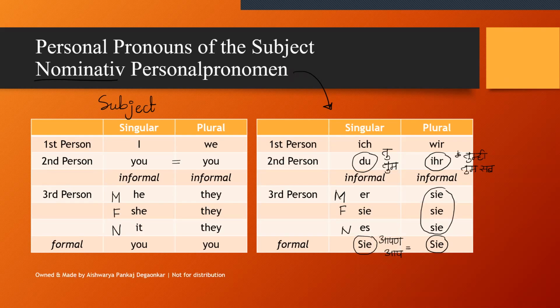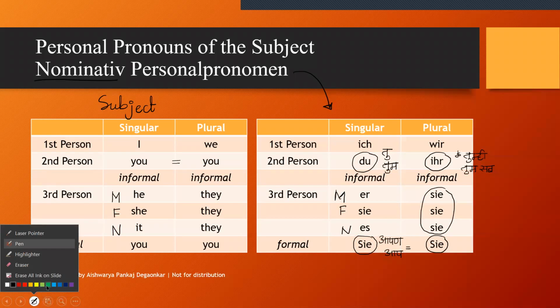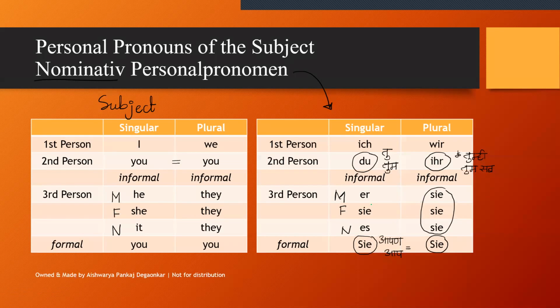Now here there is also a tiny thing that we can't ignore, and that is the pronoun sie, which is the same as this pronoun here, isn't it? The spelling is same now. At least for the formal pronoun, we can see that the S is capital. So this is indicating that we have to use the S letter capital no matter where we write it in the sentence, just like we do with the pronoun I in English.